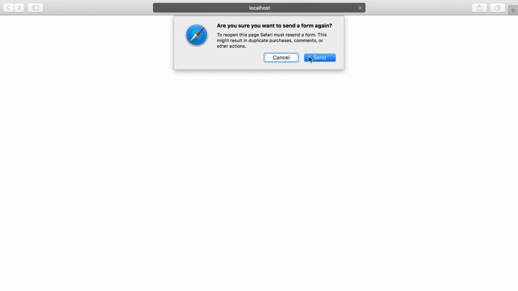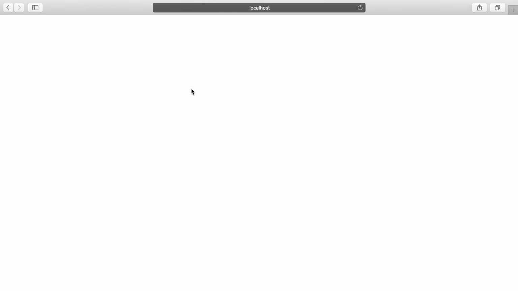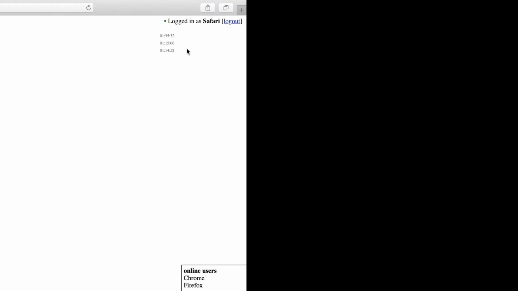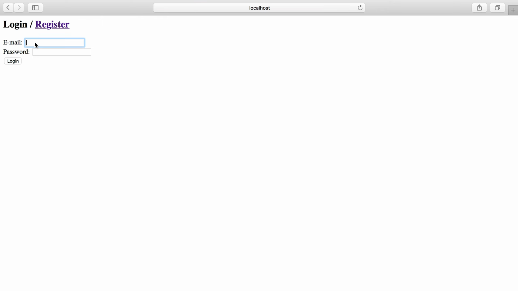So I can't show that several users can be online in one browser, but it can be done actually. I just wanted to show that login works, and as you can see, it does work.